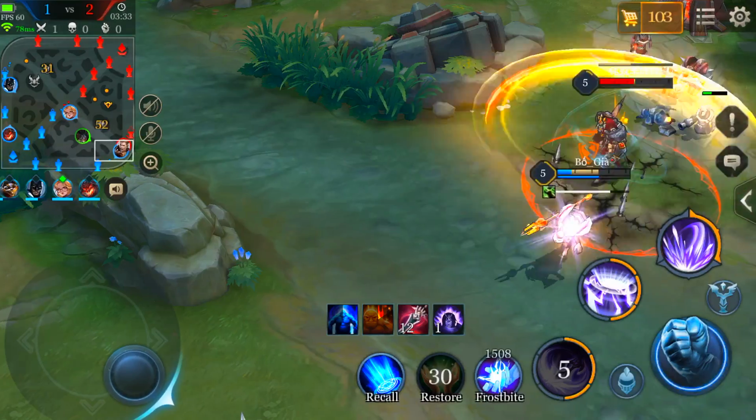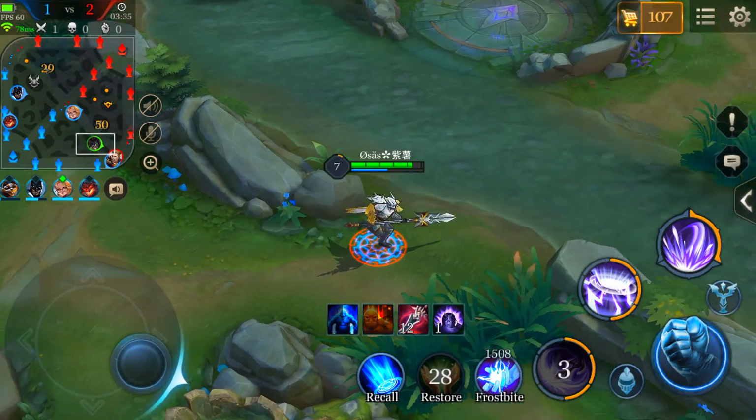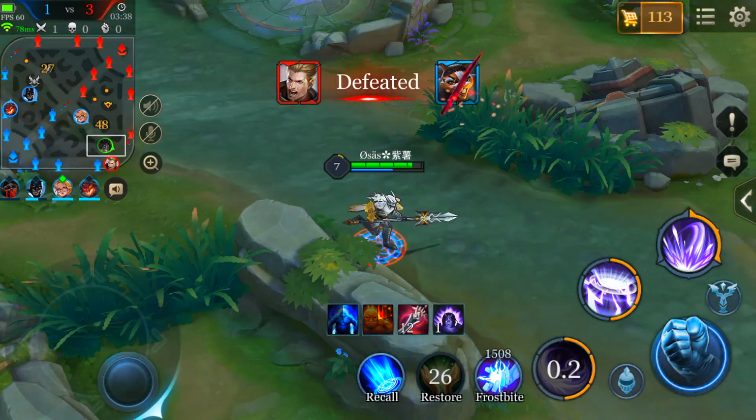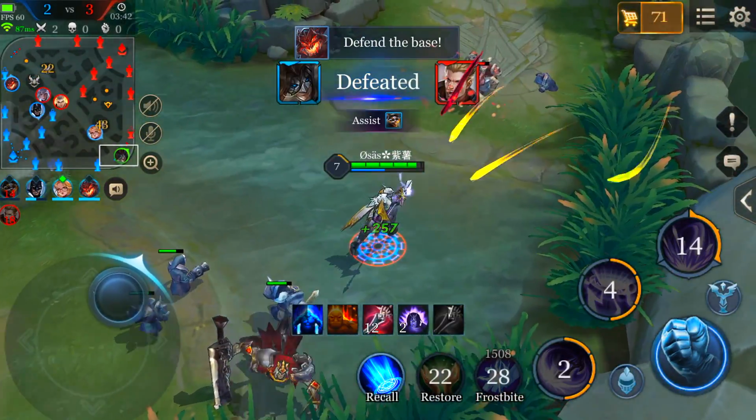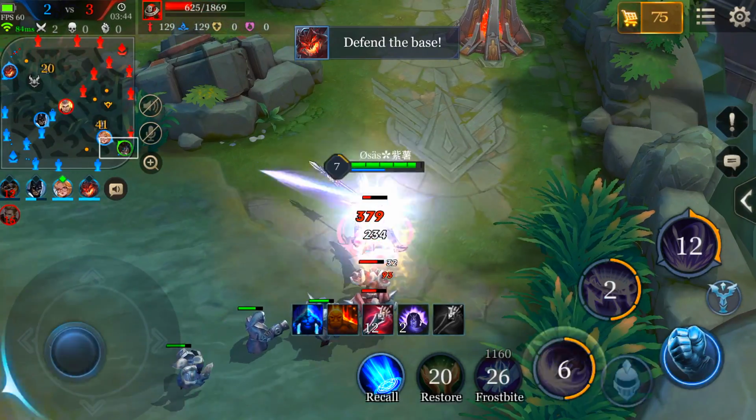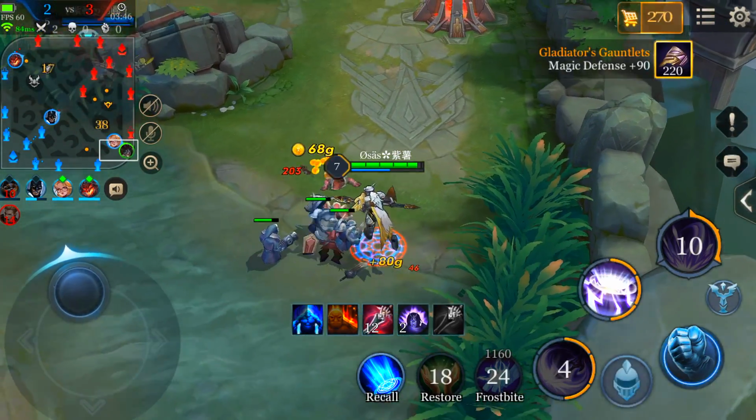So there we go. As you guys can see, Slims is getting caught out again. We're gonna be able to go on the Arthur from the back and kill him. I knew Slim was gonna go down, so there was nothing I could do to save him. Right here I'm just gonna get the Arthur, and right here we're gonna be able to take the tower easily